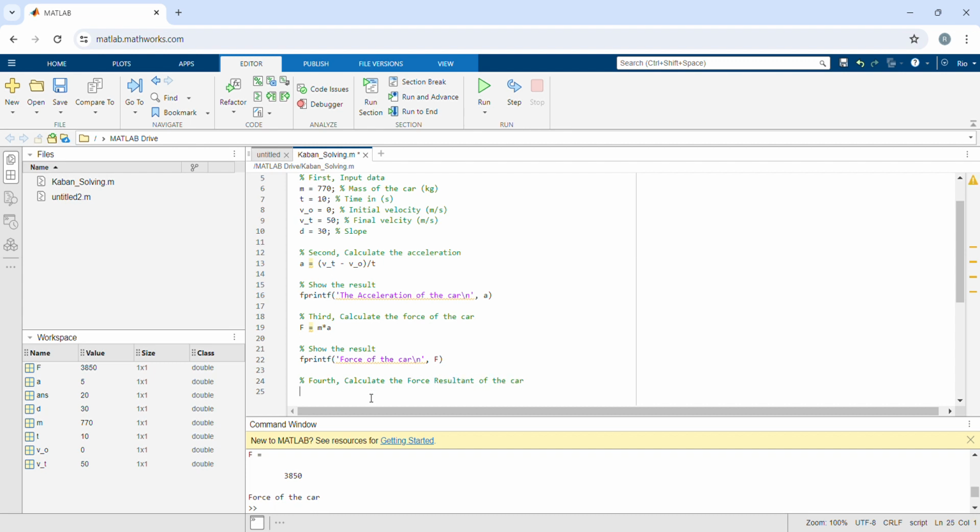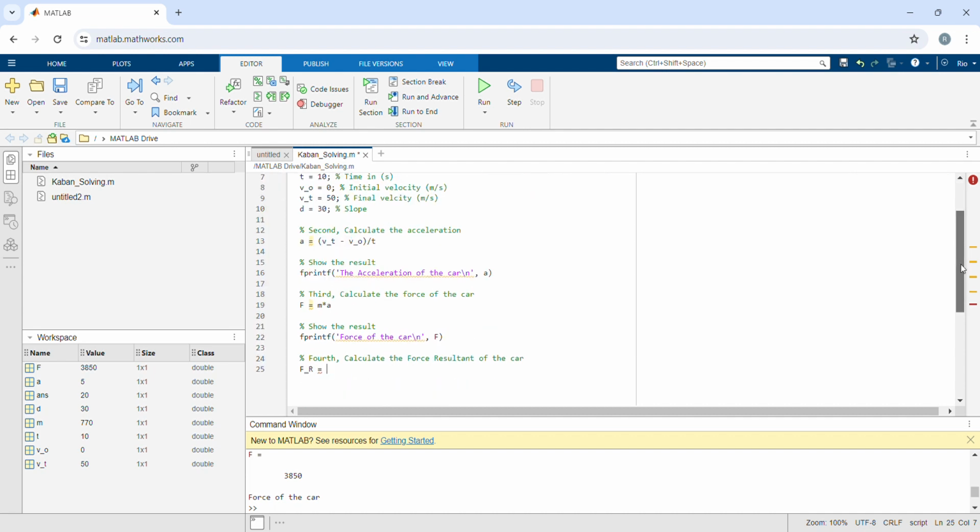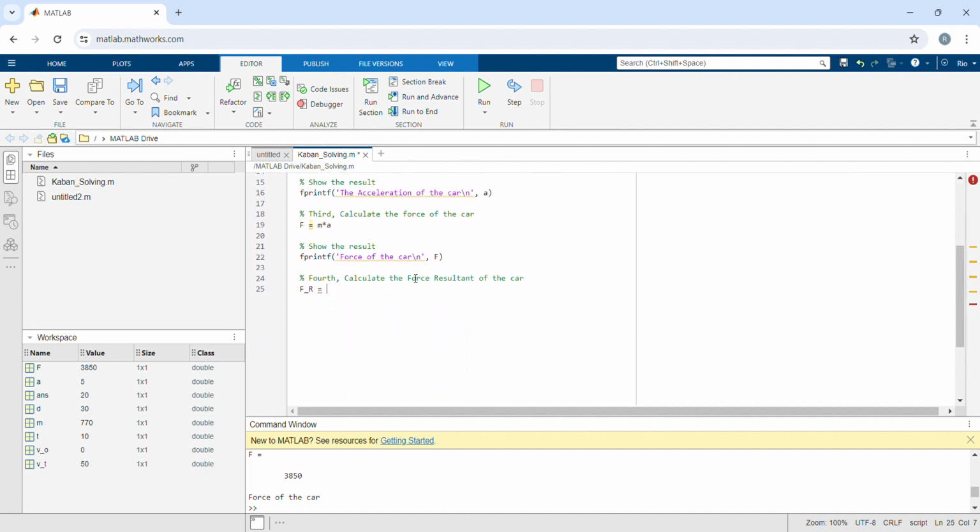We can symbolize the force resultant as Fr. Fr is, because the slope is 30 degrees, we have to multiply the degrees with the force that we have got before. So F_R is F times